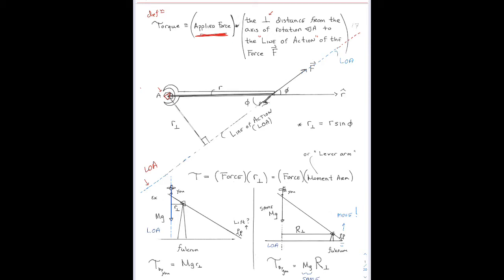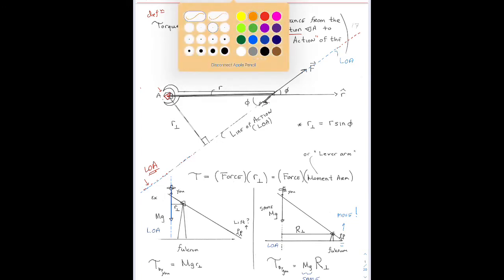All right, and then what I do is I draw a perpendicular line from the axis of rotation, there's my axis of rotation, to the line of action. Okay, so here's my line of action. There's my line of action, that blue line there goes all the way up to there. And so I have to draw a perpendicular line from the axis of rotation out to where that line of action is. So for example, if I drew something like this,